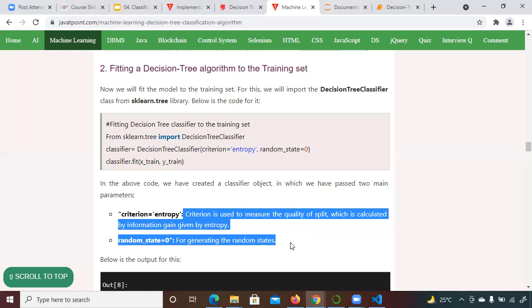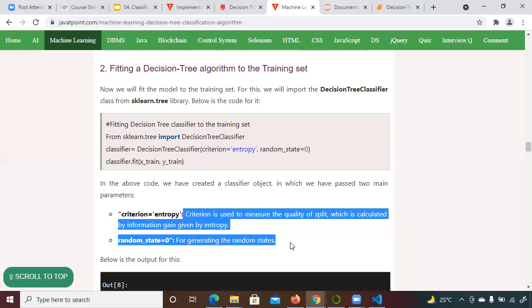It is the quality of a split. We split the root node and go with the lower impurity, I mean the lower entropy one.